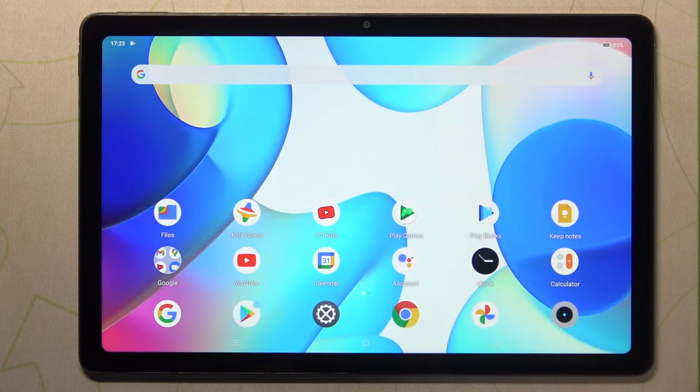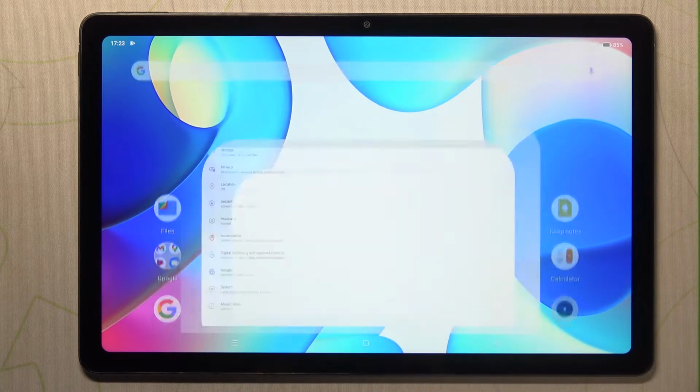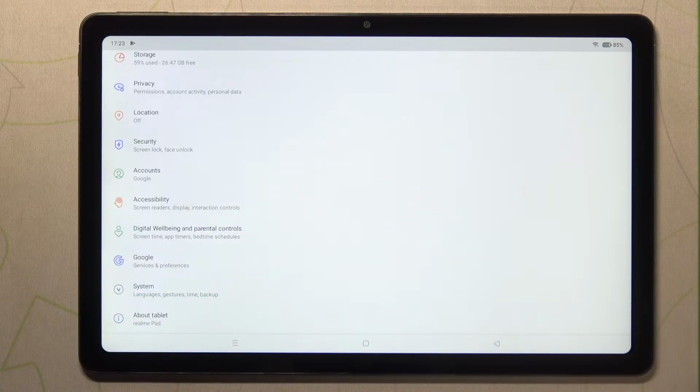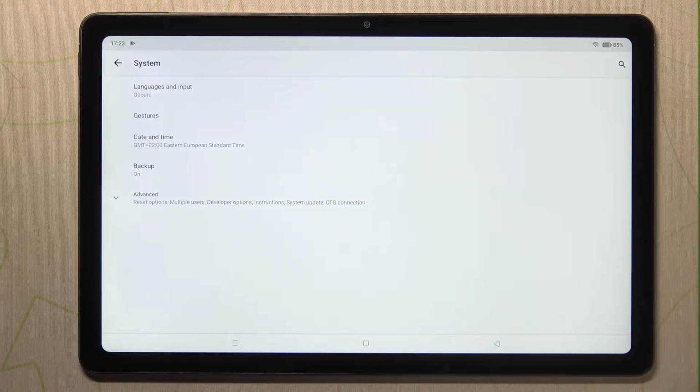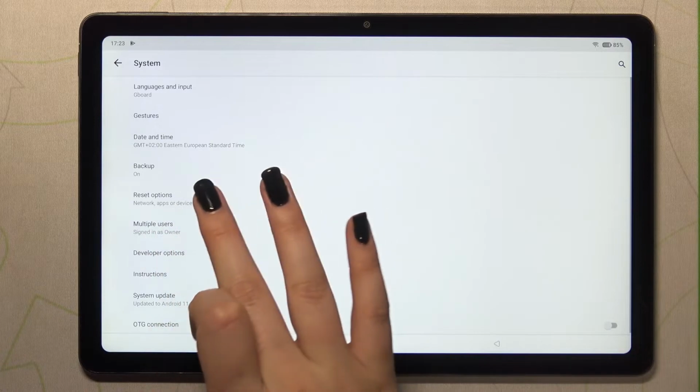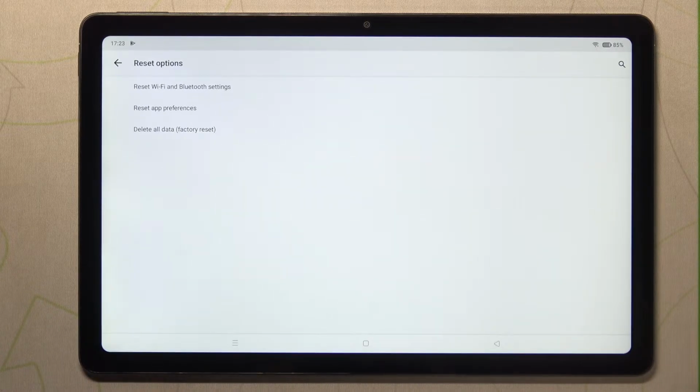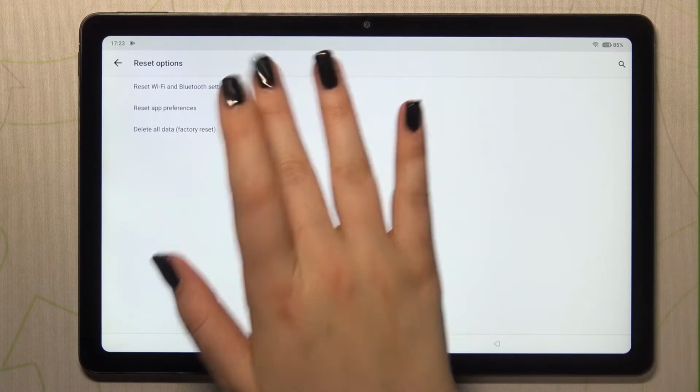Hi everyone, in front of me I've got REALME Pad, and let me share with you how to reset network preferences on this device. So first of all, let's enter the settings. Here we have to scroll down to the very bottom and tap on System. Now let's tap on Advanced and enter Reset Options. And as you can see, on the very first position we've got the option we're looking for, so let's tap